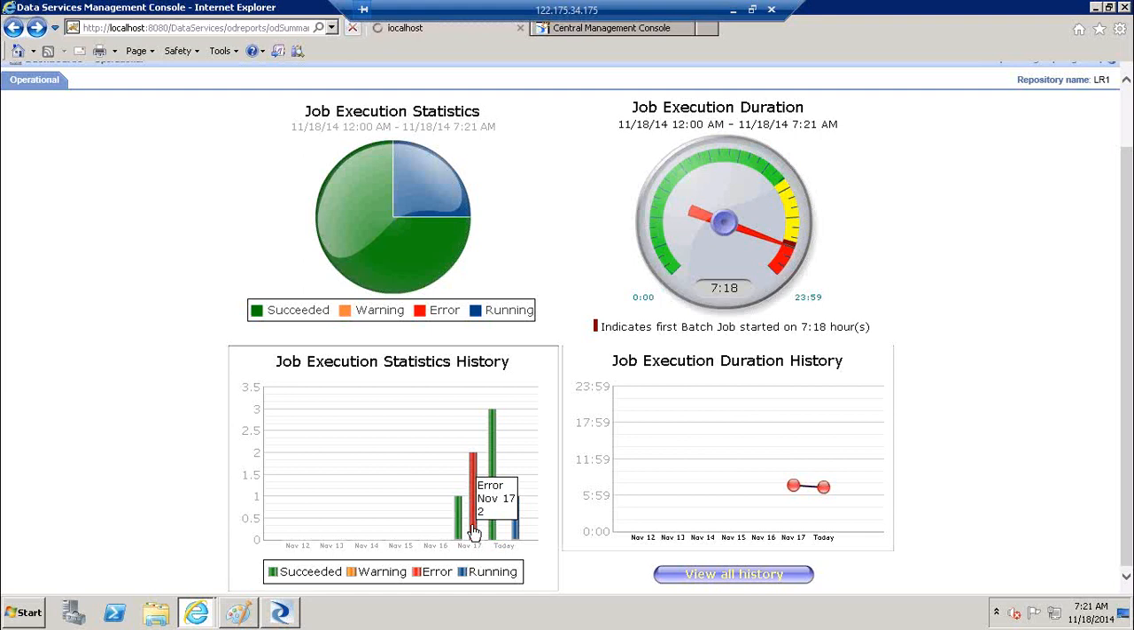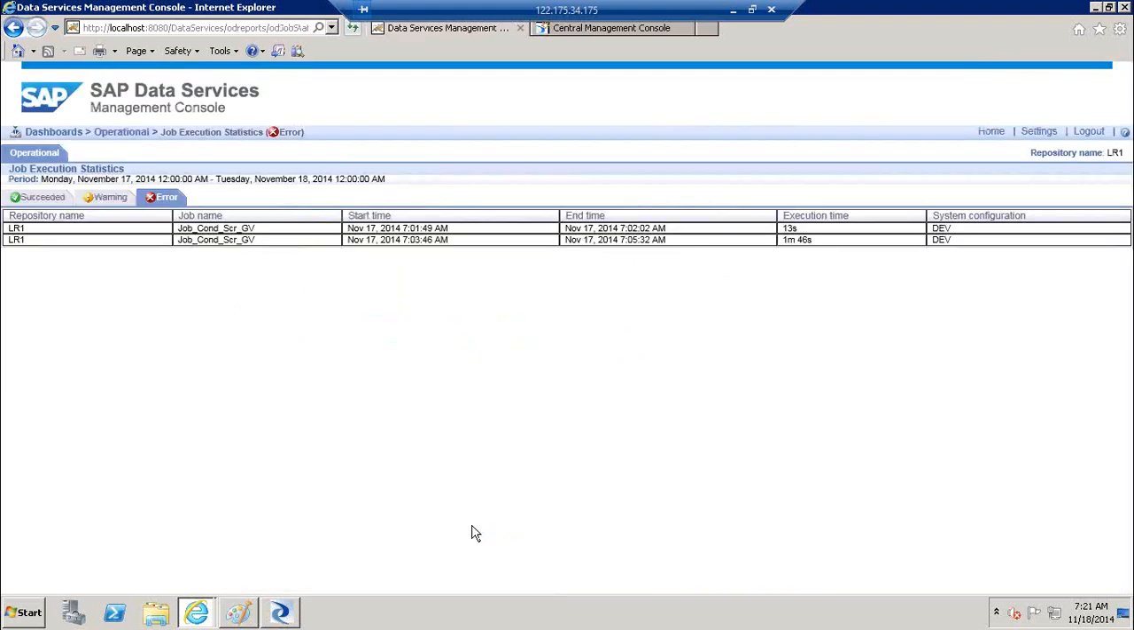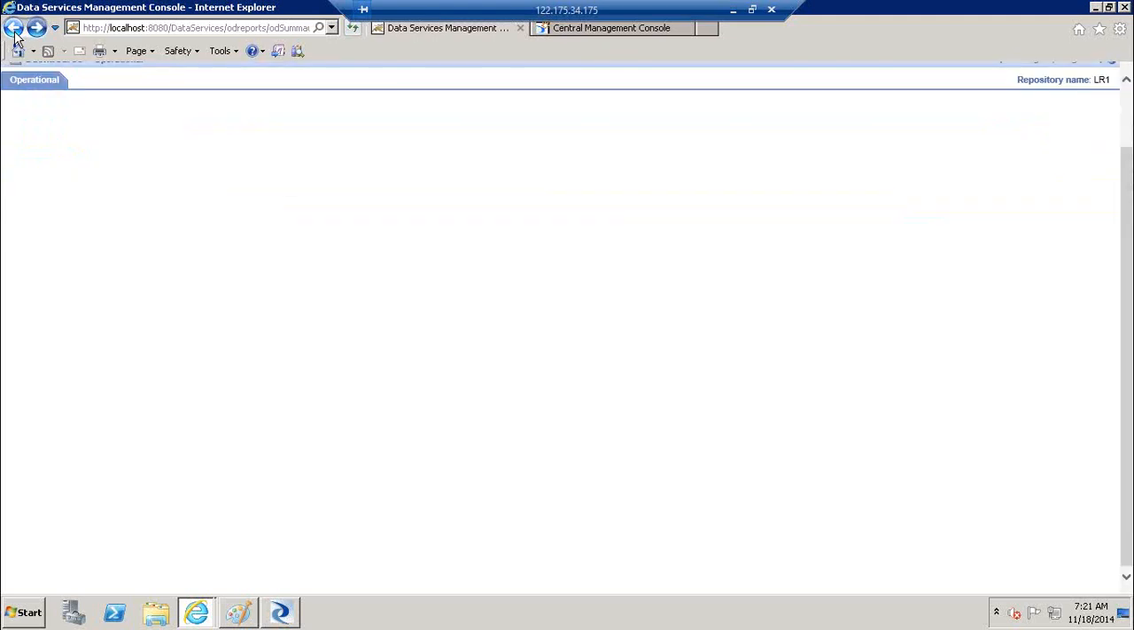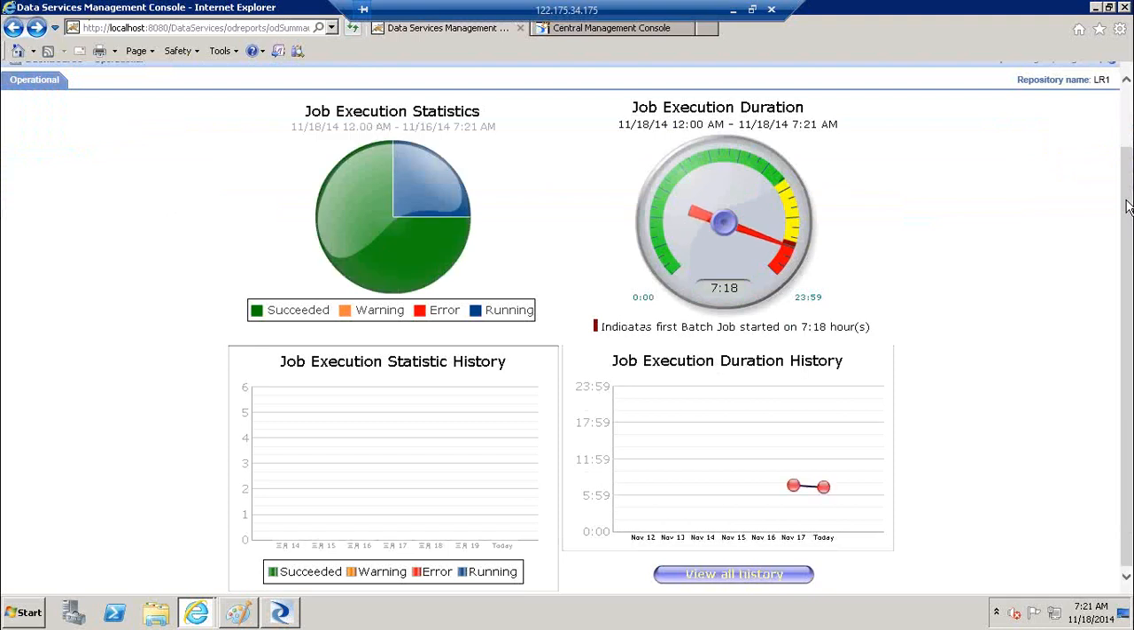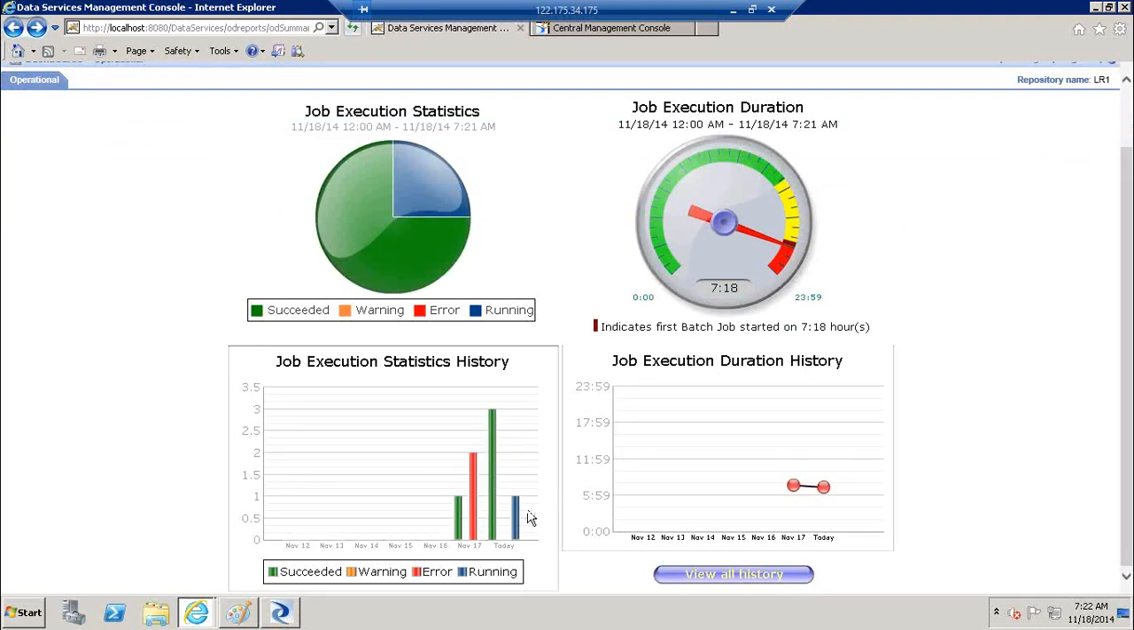If you just click on them, it will again take you to those jobs which failed, so that you can go and look at those job descriptions. So these 2 jobs, we killed them yesterday when we were trying to schedule them from data services management console. So that is the reason why it is showing up. Right, so successfully completed 3 today, and 1 is still running, and this is duration history, job execution